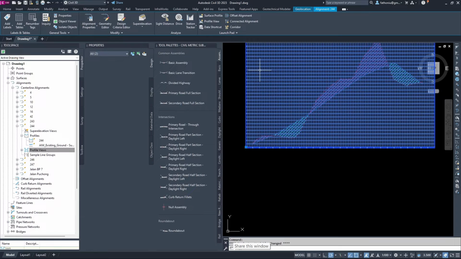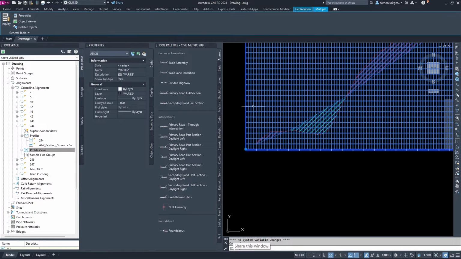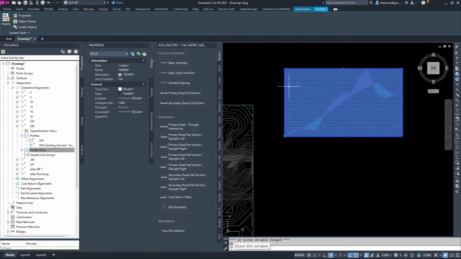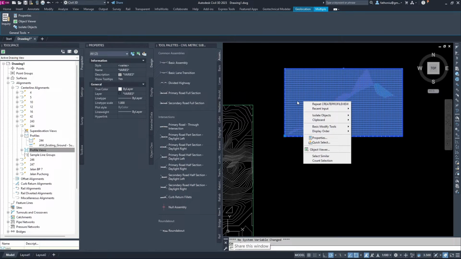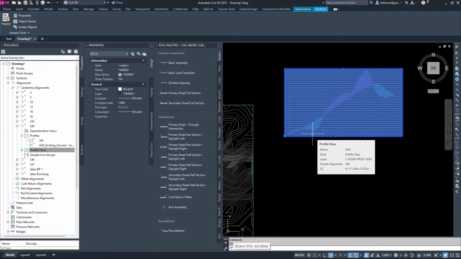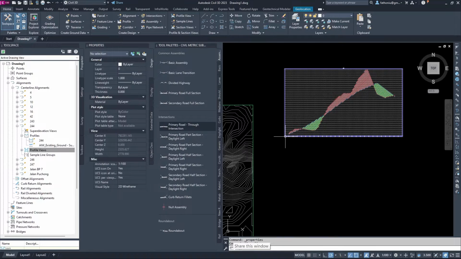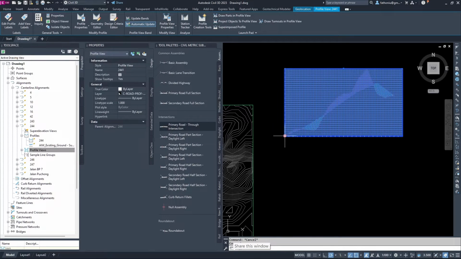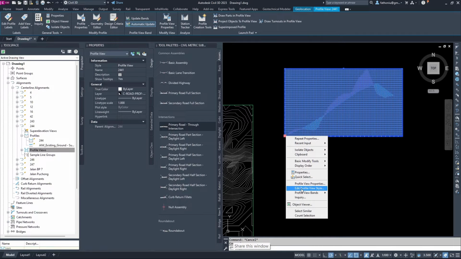If you want to segregate, I mean the vertical grid scale is 1. So then we right click, properties, probably in here, or not this one. So we go for this one, right click on the corner here, edit profile view style.